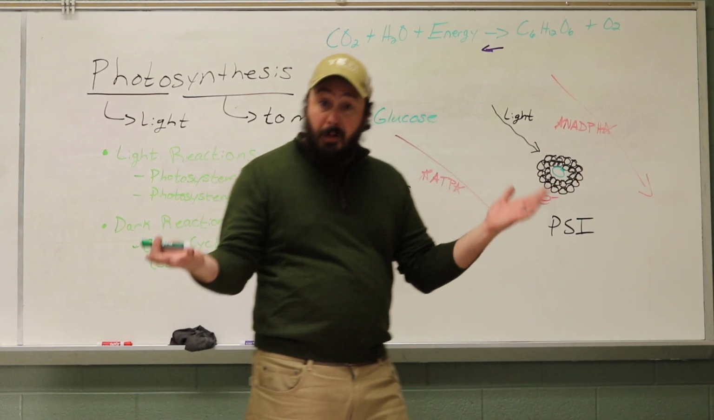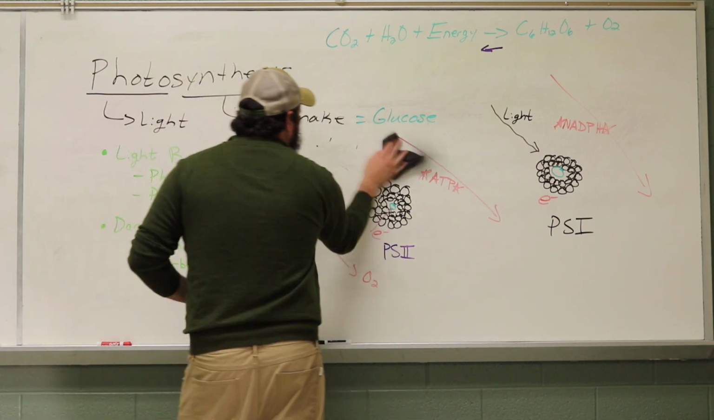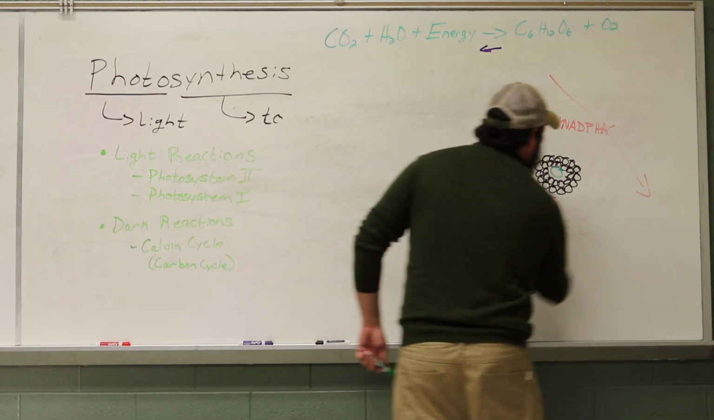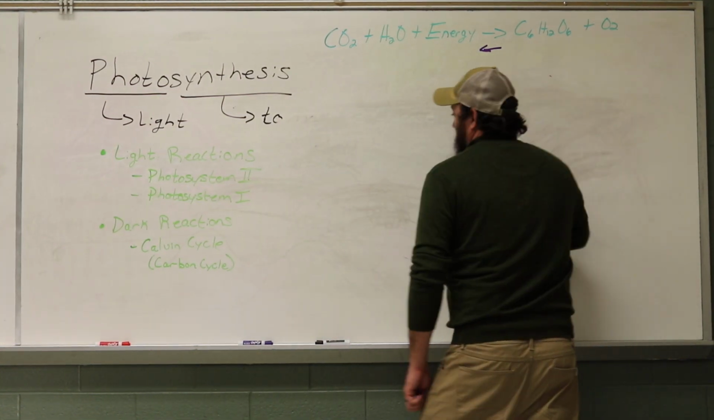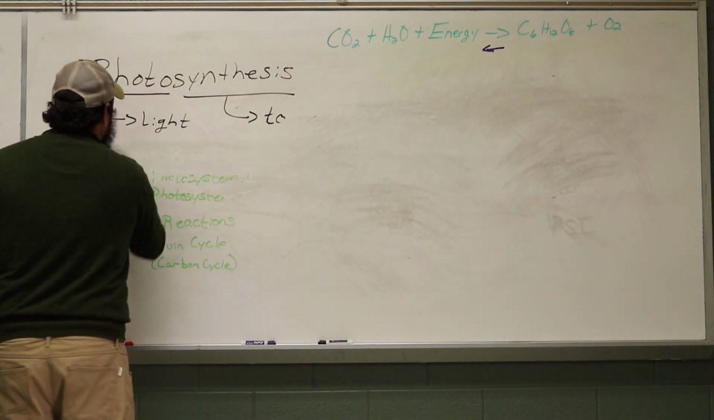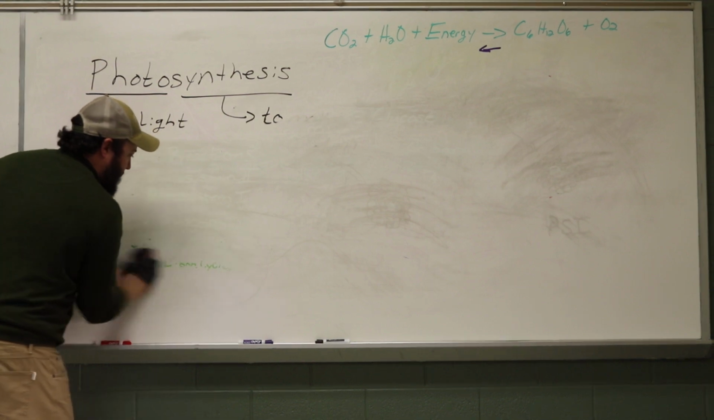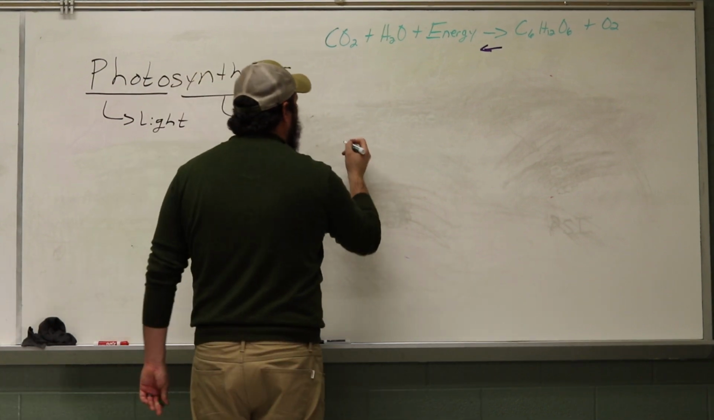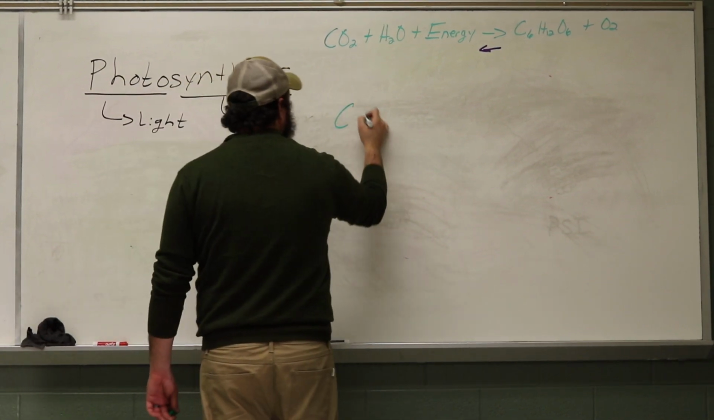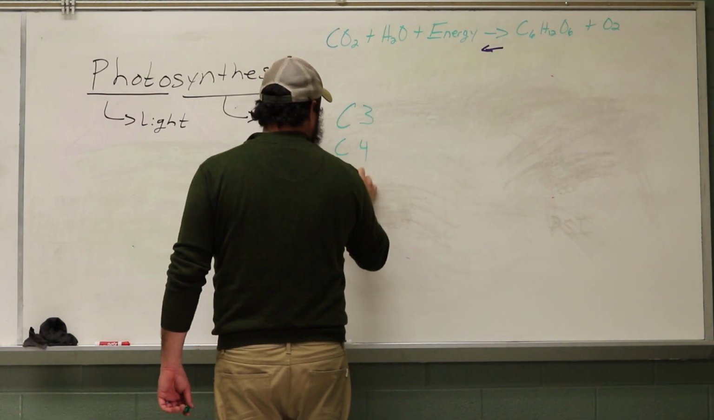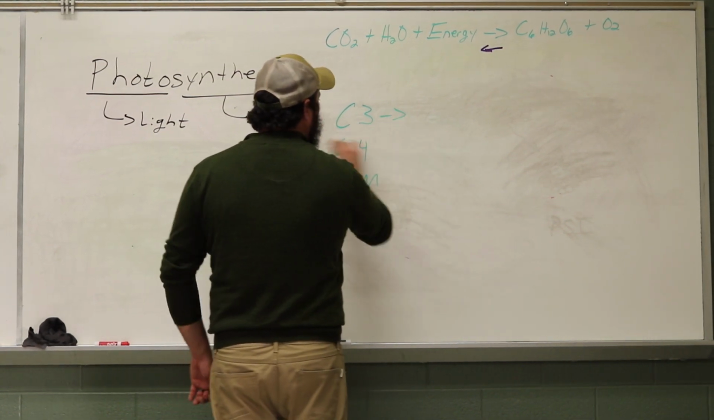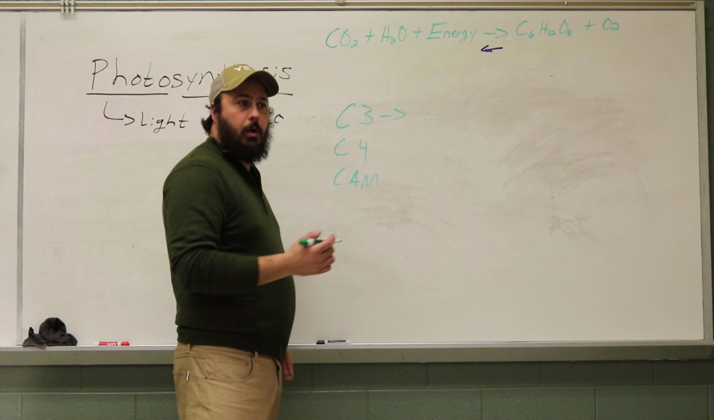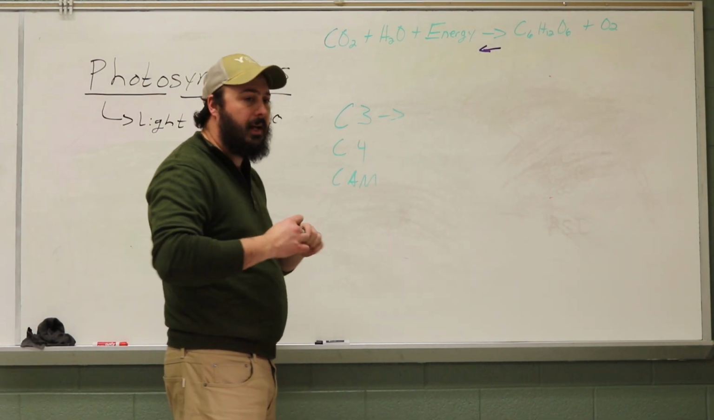And you have three types of plants. Well, let me go ahead and erase this since we're done here. So the three types of plants that we're talking about here are C3 plants, C4 plants, and CAM plants. Now the majority of plants are C3 plants, like a potato, for instance, okay, or a maple tree. That's a C3 plant. And what that plant does is that plant